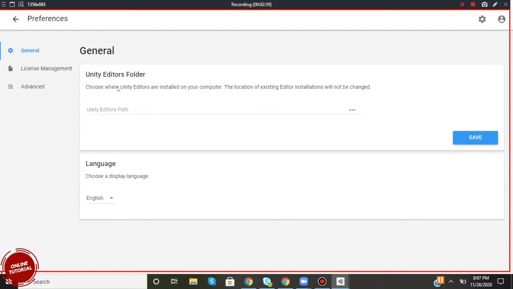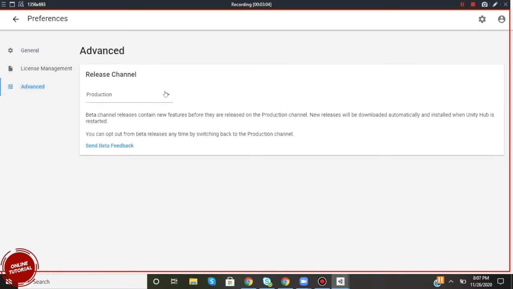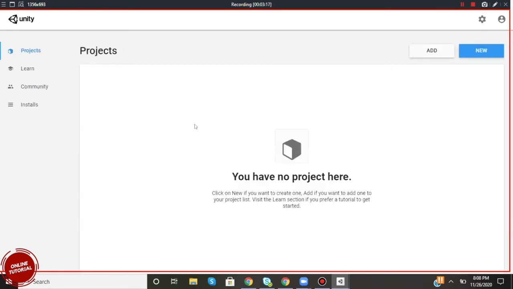Can you click on advanced? Okay, license is not done, I guess. Can you go back, please? Back button. Here, go to the installs.